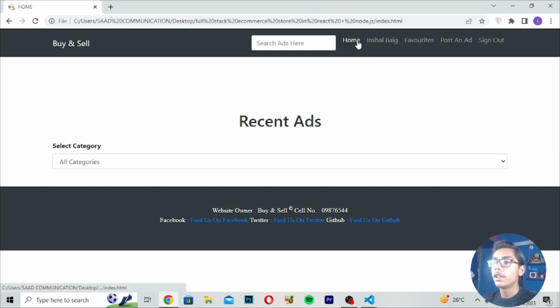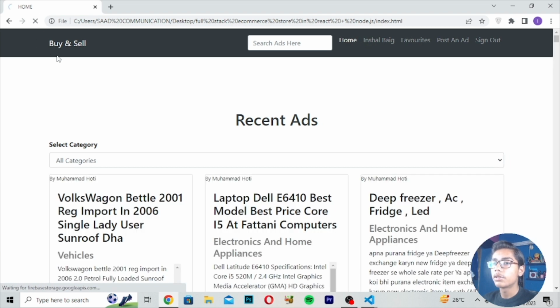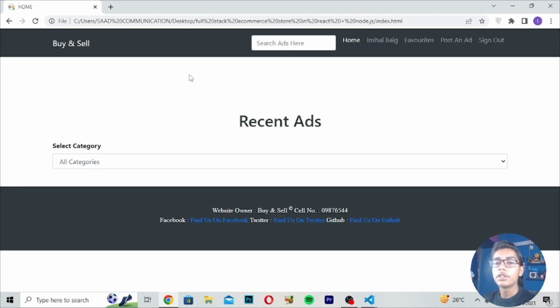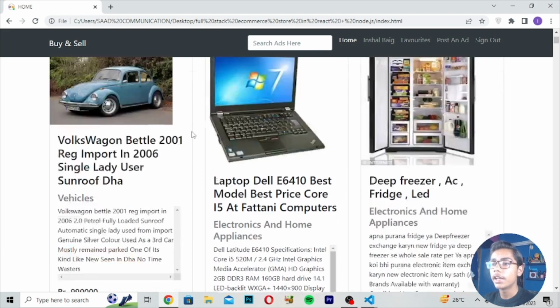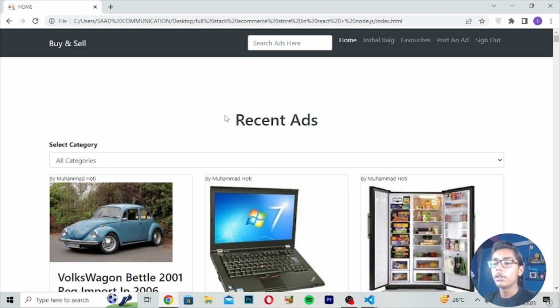And I hope you understand how we have used React and amazing languages to build this amazing project. So I hope you understand how we have built this. So if you have understood this amazing e-commerce store app which we have built using React and Next.js, including Node.js as well,